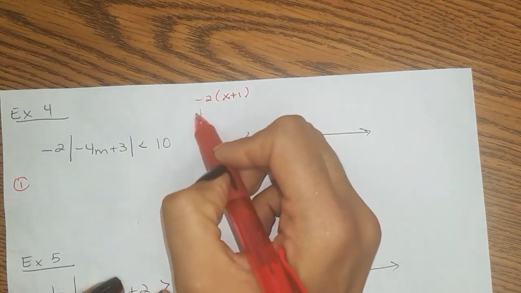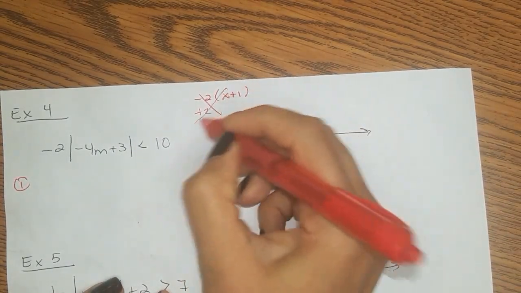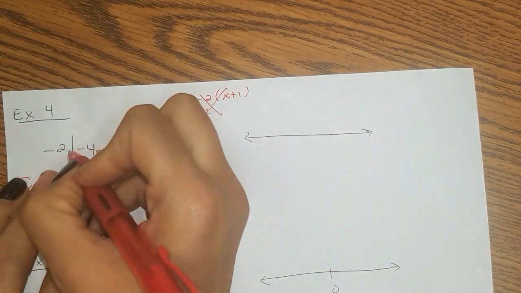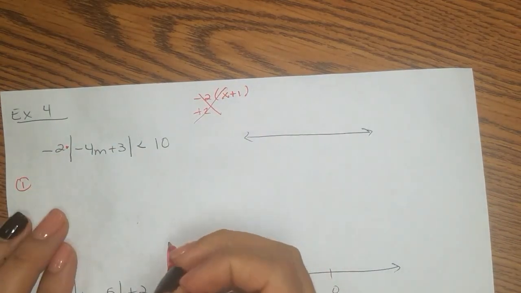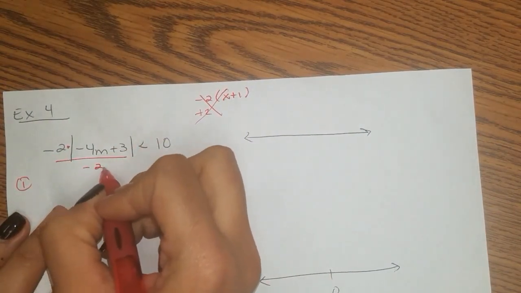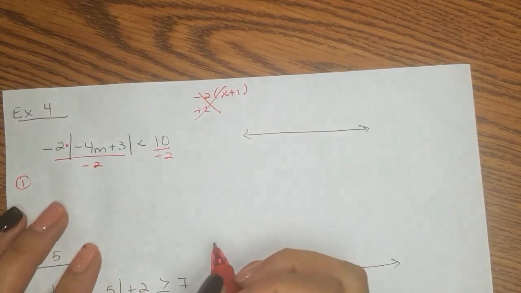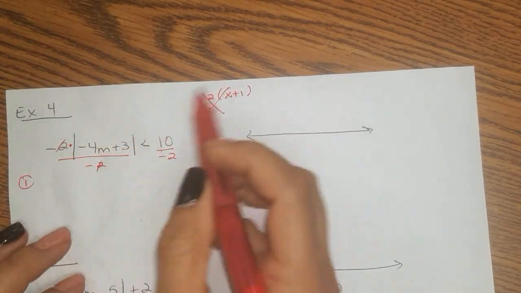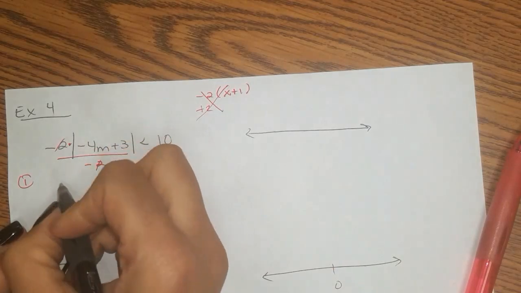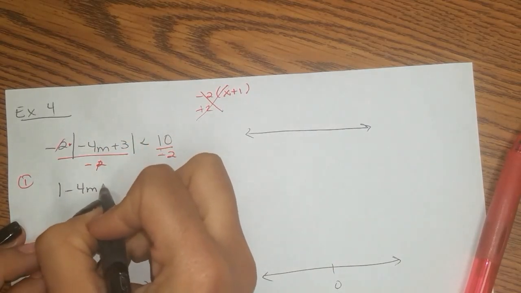You wouldn't add 2 here. You wouldn't do that to move it over. This is being multiplied, so in order to get rid of it, you have to divide. So you divide both sides by -2. -2, that's going to go to 1, and you're going to be left with the absolute value of -4m plus